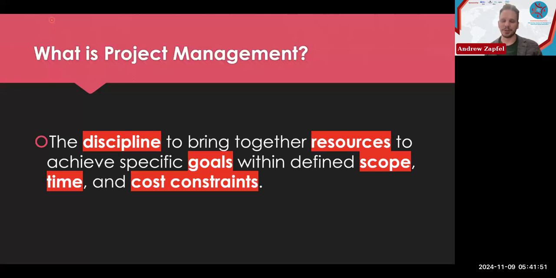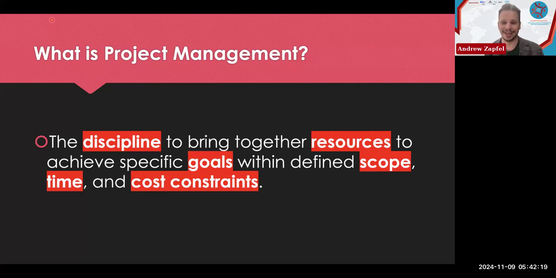So what is project management? While the focus is going to be on strategic planning, I think the two topics are very much aligned and very much in sync in what is necessary in terms of skills and capacity to best achieve an effective strategic plan as well as effective project management. Project management is defined by the Project Management Institute. What I really like is the definition: the discipline to bring together resources and achieve specific goals within defined scope, time, and cost